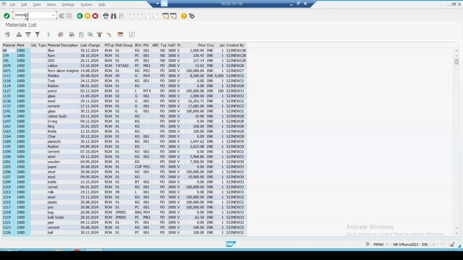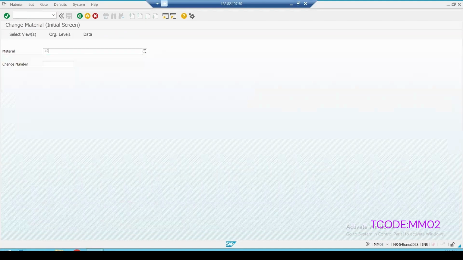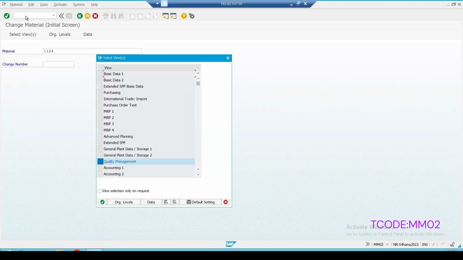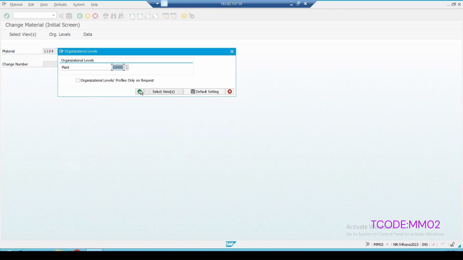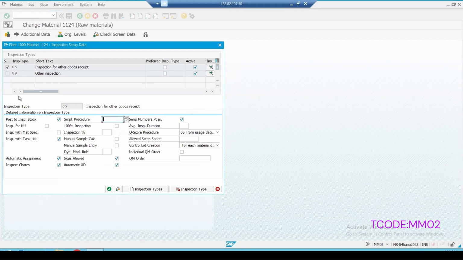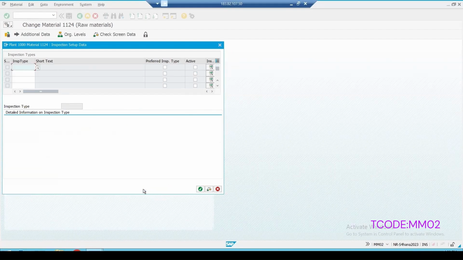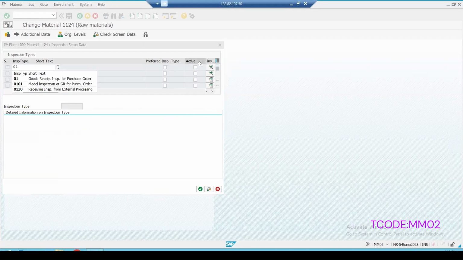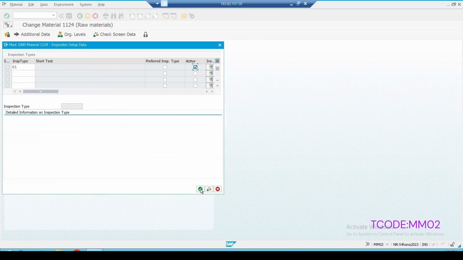MM02, enter, 1124, enter. Already the quality management view is there and plant is 1000. In the inspection setup, 05 is activated. Let me activate inspection type 01 in this. Activate it.